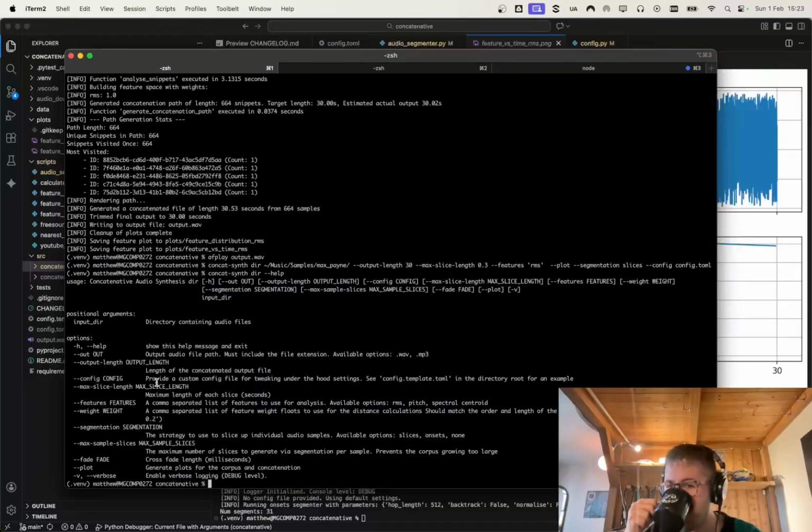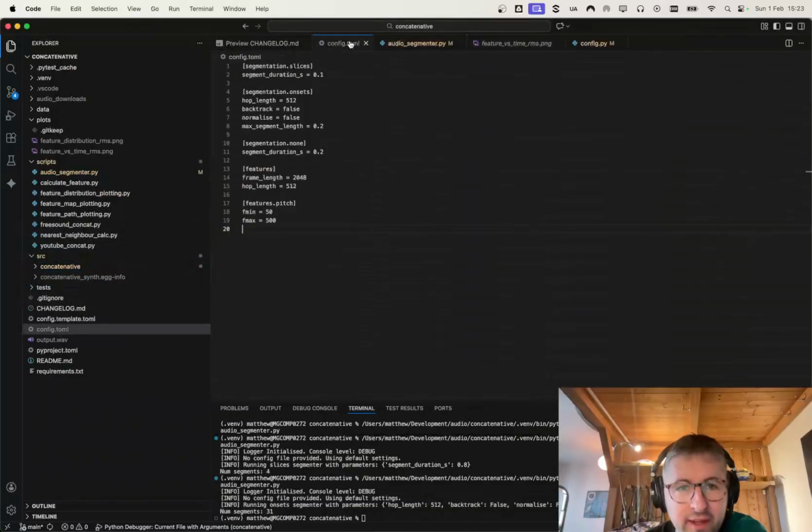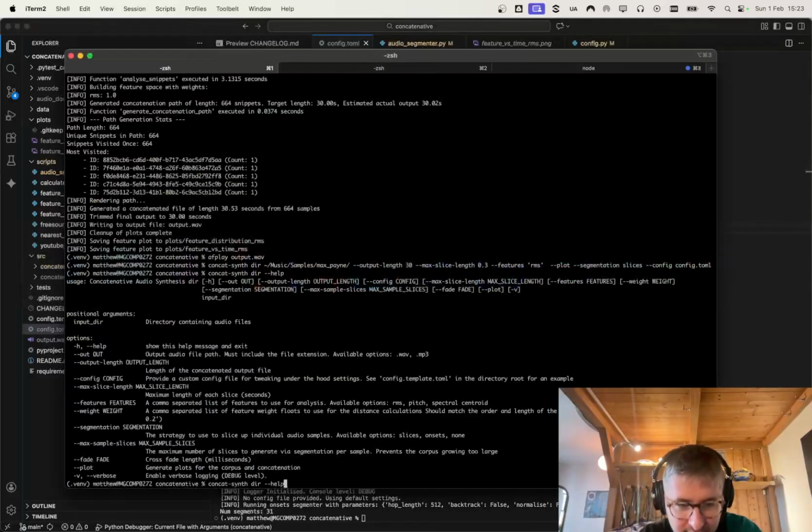So some other features or parameters you can tweak, I've started putting into these config files, and maybe a lot more of it would move into that at some point. If I just go here, there's not that much in it yet. I've got to add a fair bit more, but this is basically a way to control some extra parameters without polluting the command line too much. So if we go back to what I was doing,